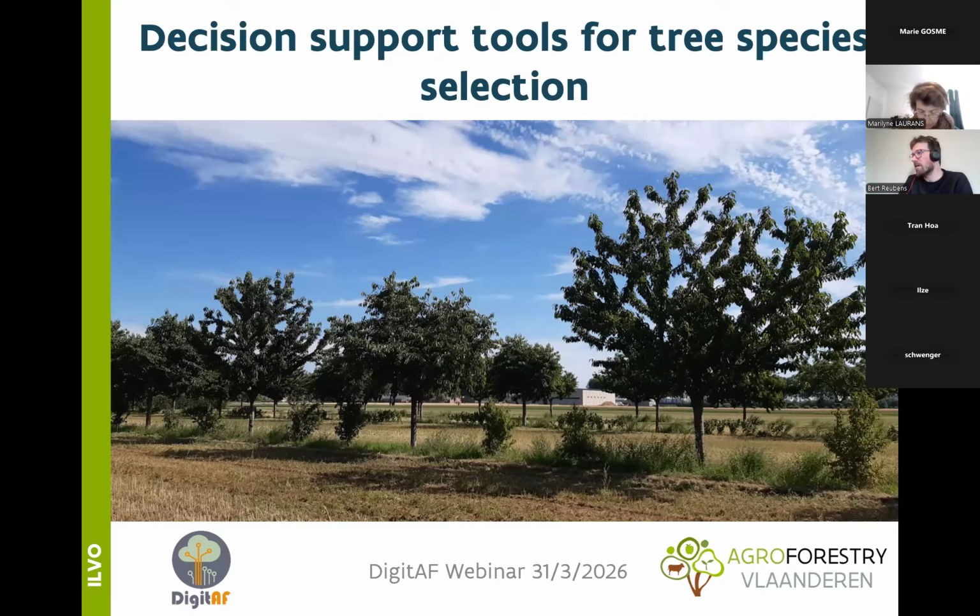I will briefly present a first example of such a digital decision support tool for tree species selection, and that's Dentro. It's a tool we developed for the context in Belgium, but it has a wide range of tree species included, over 300. So it's quite generally valid. But of course, it's a tool. It helps you as a kind of support, but you also always need to see what is my local context. After using the tool, you always need to check with a local tree nursery, with an expert, to see, okay, I have made some preliminary choice. Does that really fit in my context here?